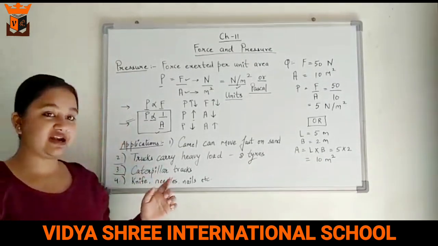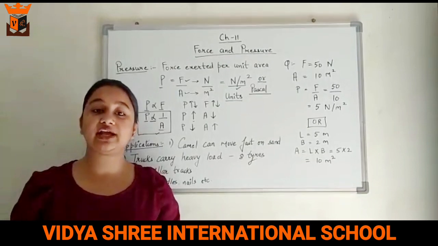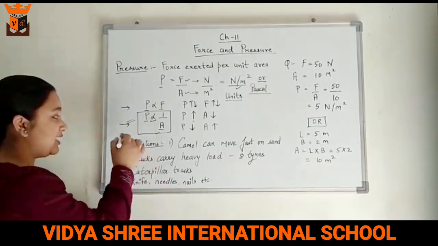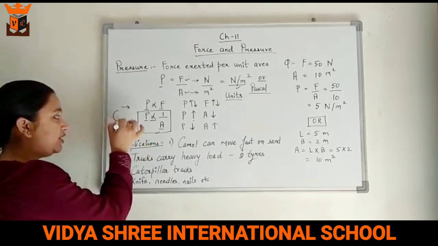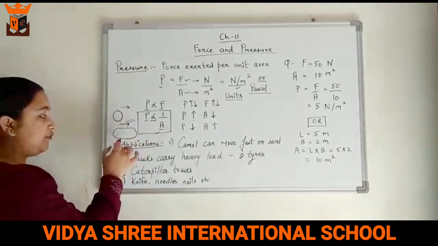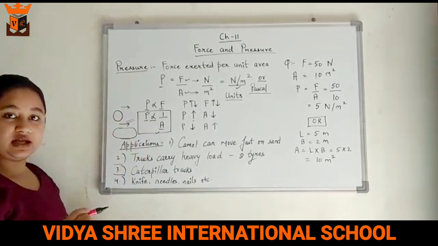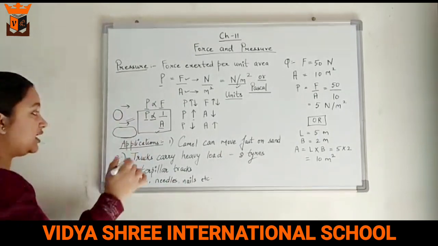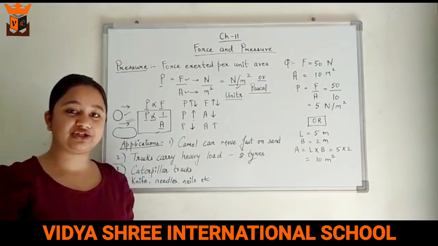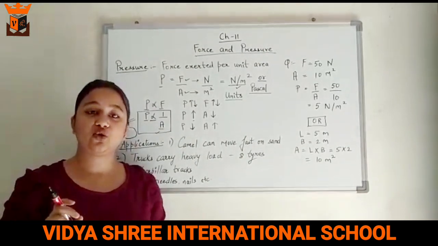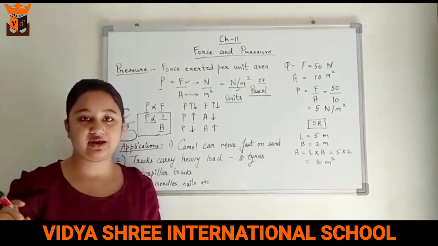Third comes the caterpillar tracks. Generally the heavy tanks use caterpillar tracks rather than wheels. You can see that caterpillar tracks have more surface area than wheels. So more surface area means less pressure. So these kinds of tanks don't sink in the marshy area.